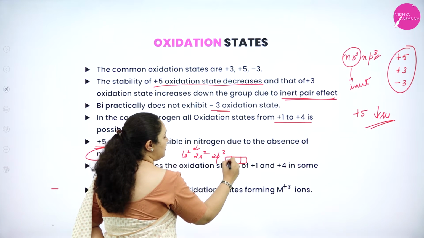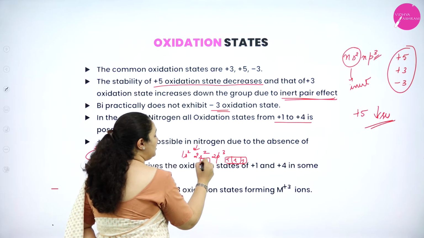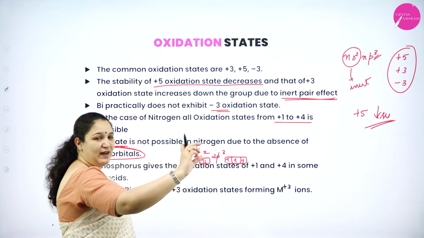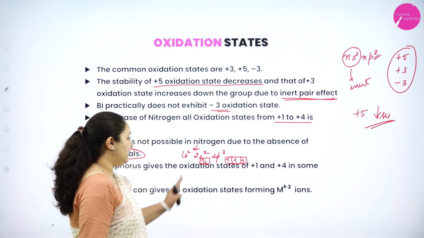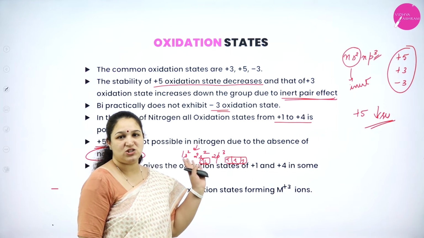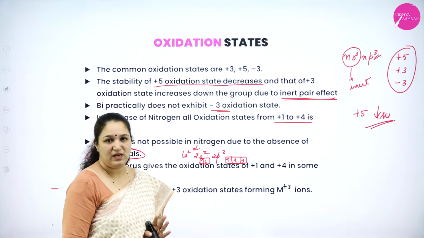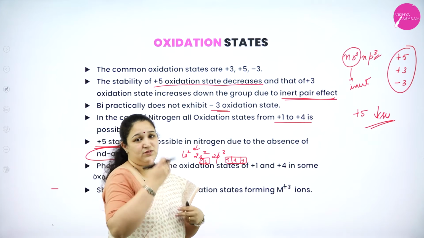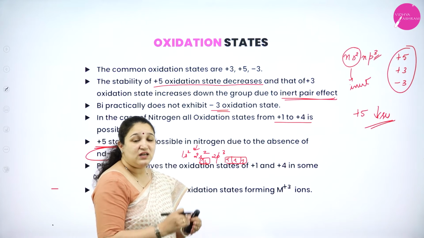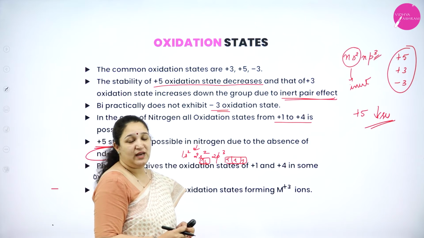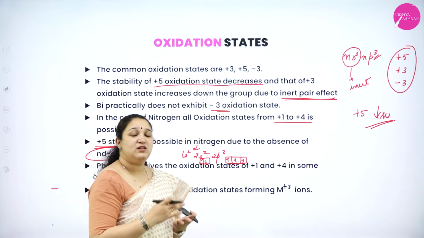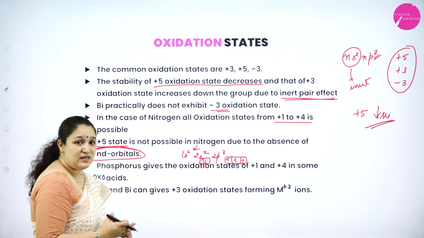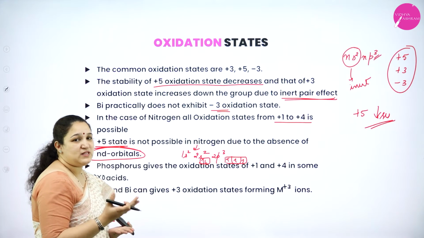In the p orbital there are 3 electrons. In the s orbital 2 are paired up. So one has to jump to an outer orbital so that one electron each will be present in each orbital, so that it can undergo hybridization or be involved in bond formation. But there is no d orbital at all. Where will it jump? It cannot go to the third shell, the difference is too much. As the second shell does not have d orbitals, nitrogen will not show +5 oxidation state.